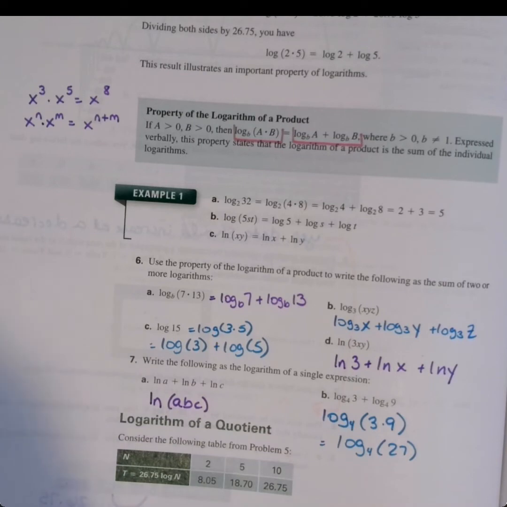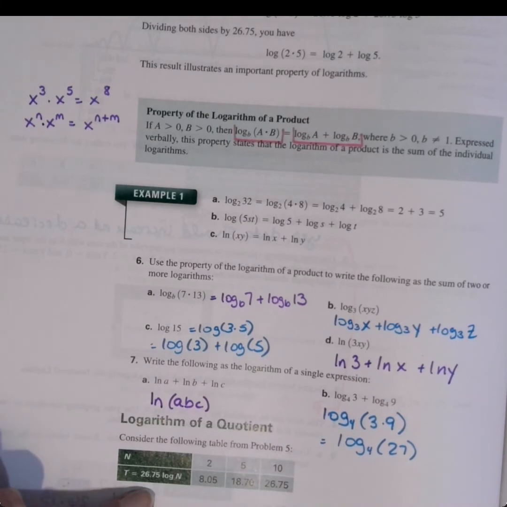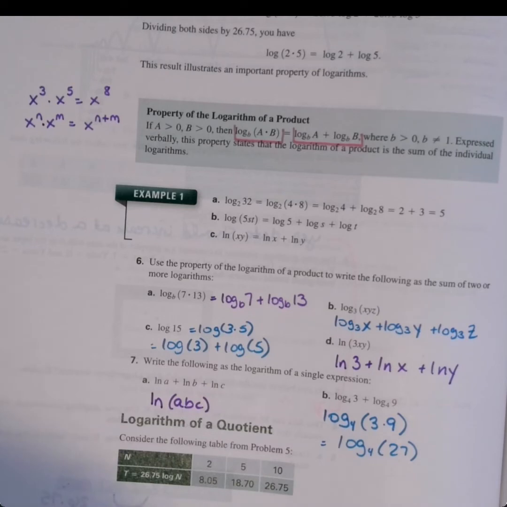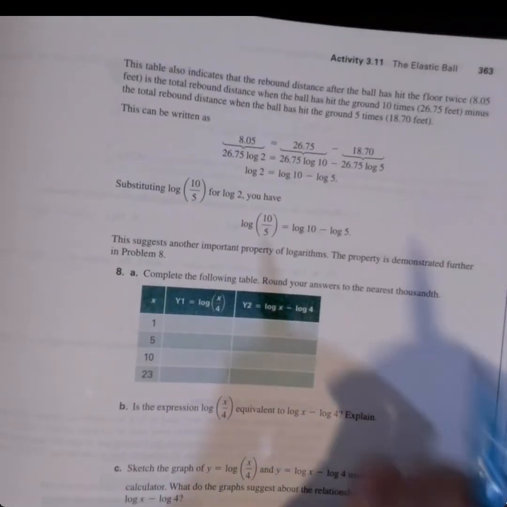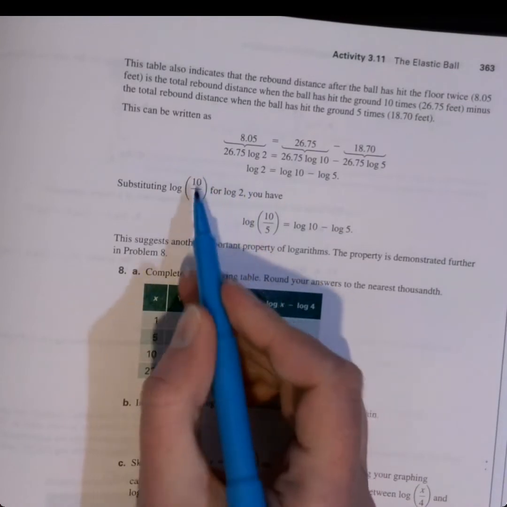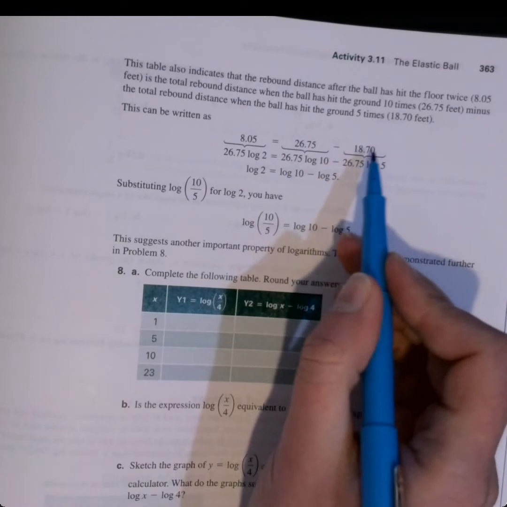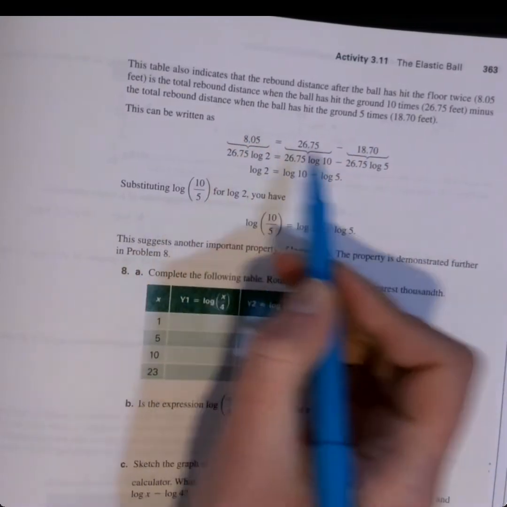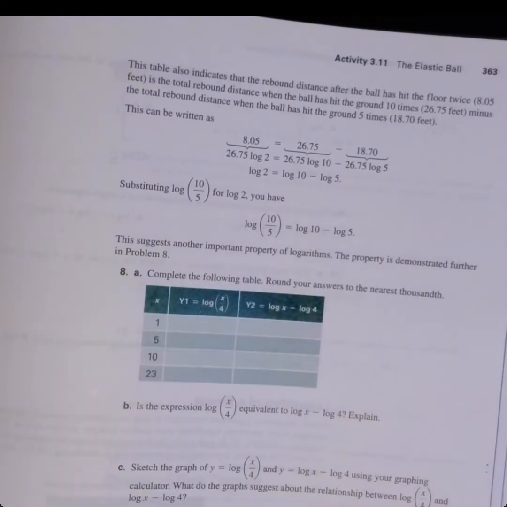All right, so now we're going to look at the logarithm of a quotient from that same table. And just kind of noting that if I did, let's see, the log of 2, which is 5 divided by 10, I could take the difference of the log of 10 minus the log of 5 to get the log of 2. So 26.75 minus 18.7 is 8.05. Okay, so